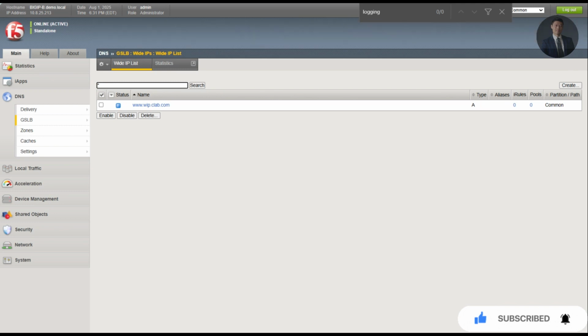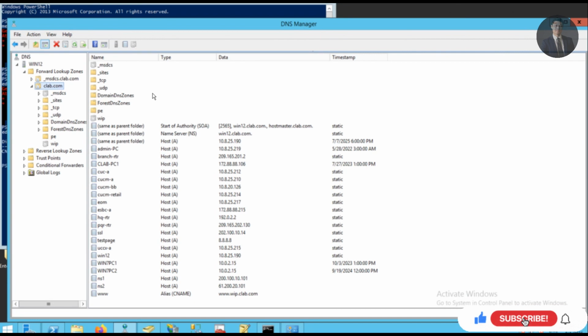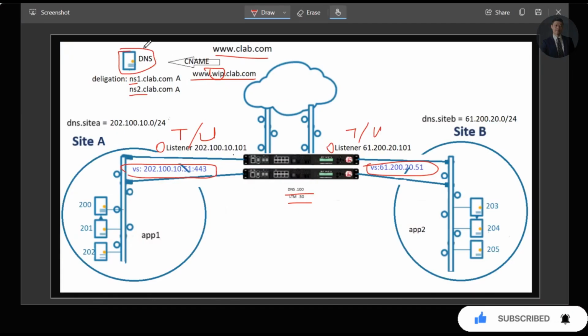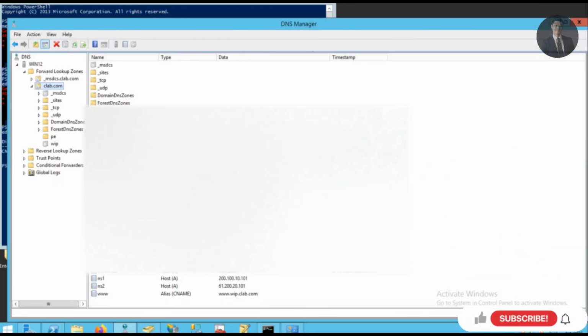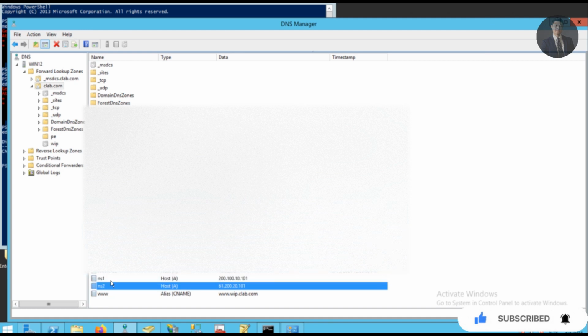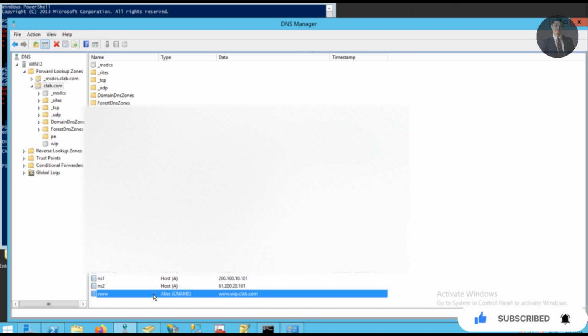Now here comes the fun part in my DNS server. I'm talking about the DNS server you will be using to test. Here on the DNS server, I will create two A records. They go to the listeners, right? They're the listeners. And a CNAME record for www that resolves to